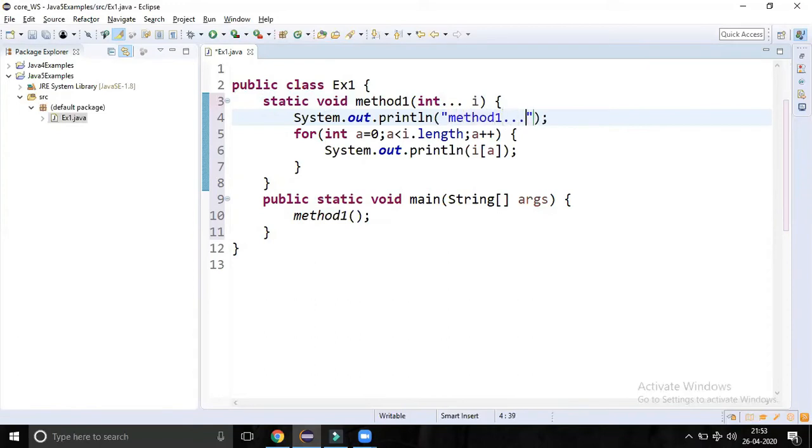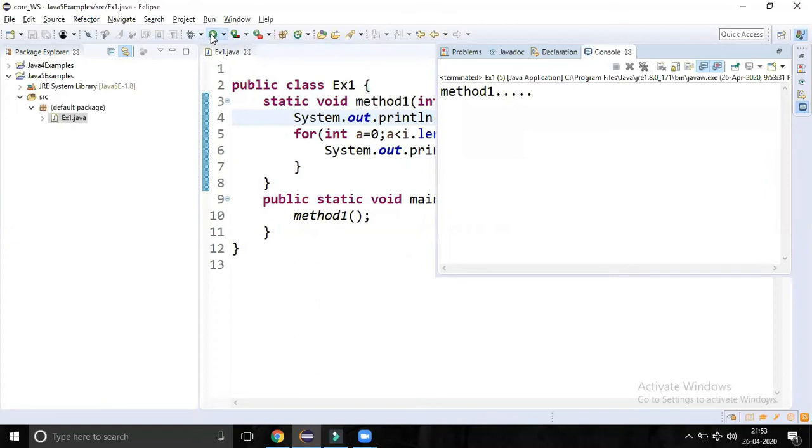To make sure, I am writing method 1. If you run this program, you will get the output like this. The method got executed, but we are not passing any element, so the for loop won't be executed.